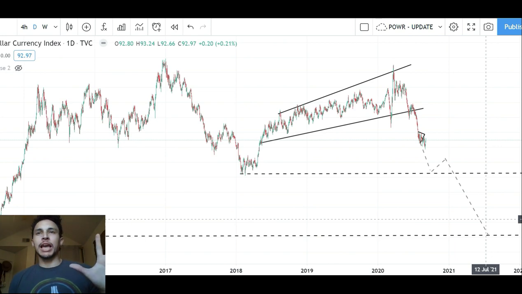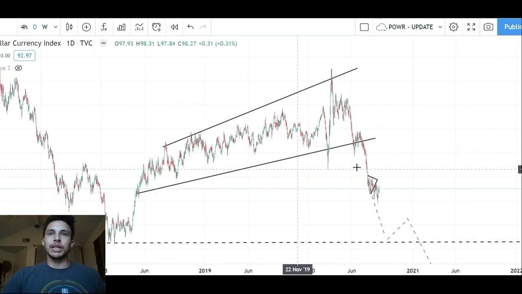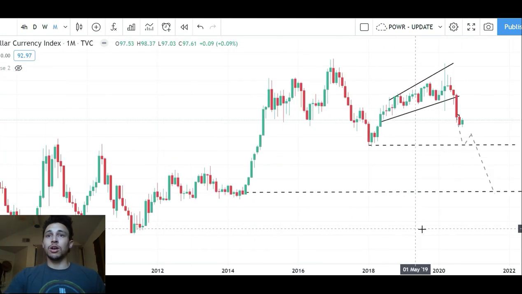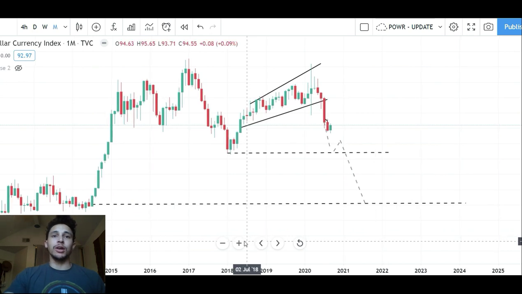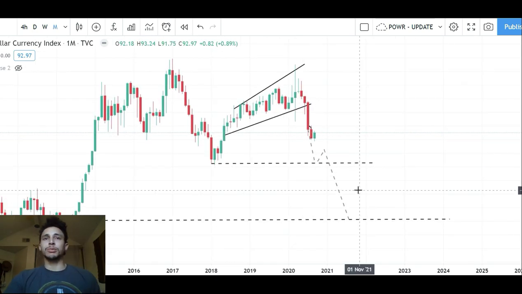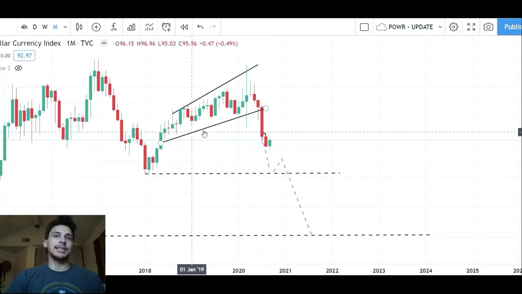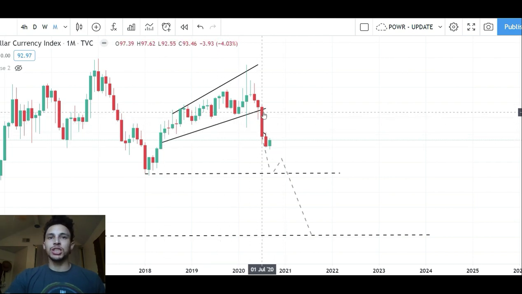This is my prediction I gave on TradingView about a month or so ago, showing a broadening structure on DXY. This is the dollar index, and it pretty much tracks the strength of the dollar. So all we need to know for this chart, and y'all can follow me on TradingView, I think it's in the description below, is that I drew a broadening wedge forming through 2018 to current, and we fell out in July of this year.